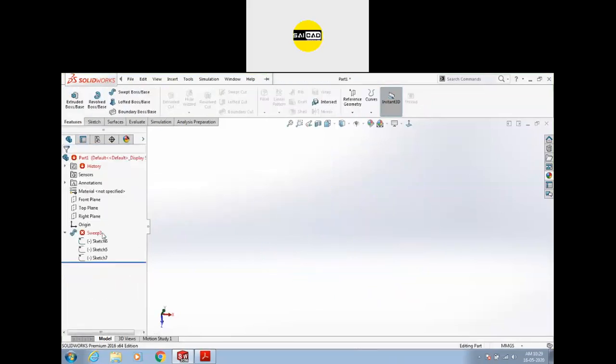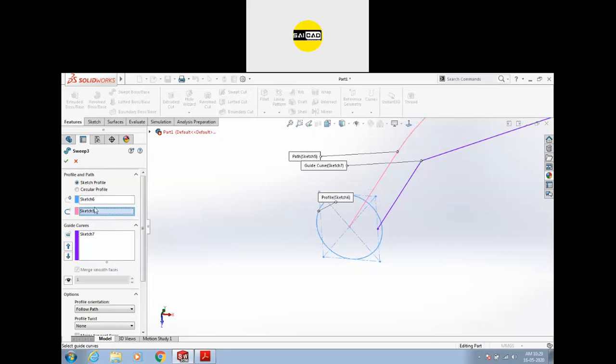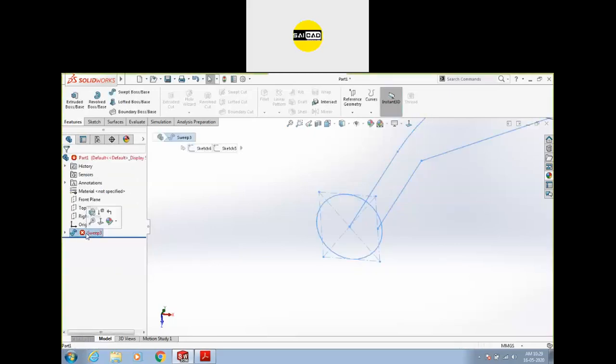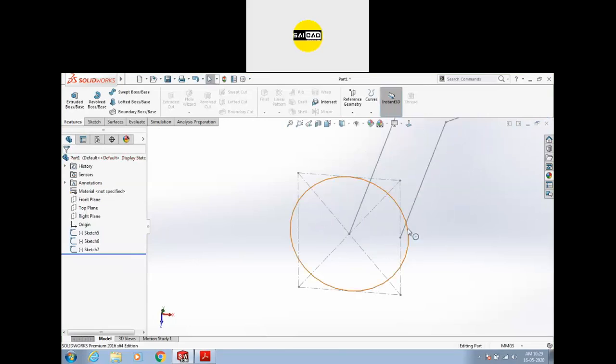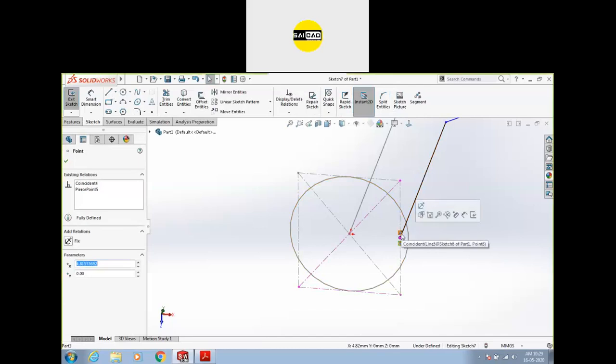So go to the sweep and select circular shape. Okay, there is an error. The relation is here. That's why the error was shown.